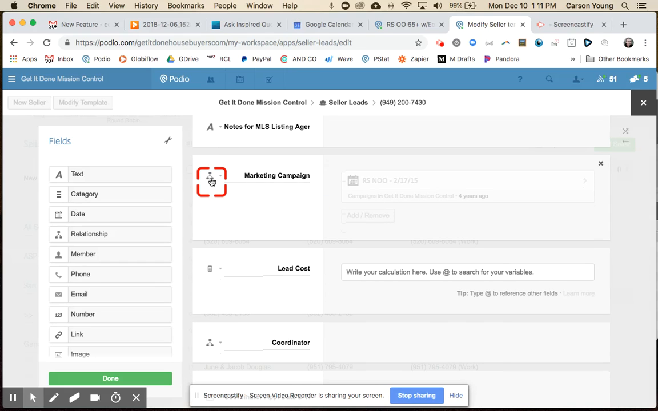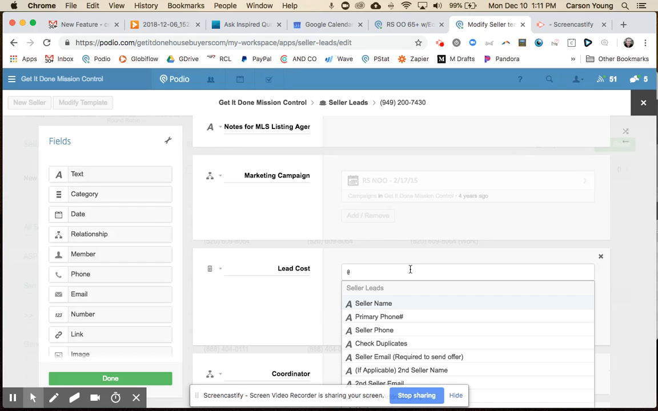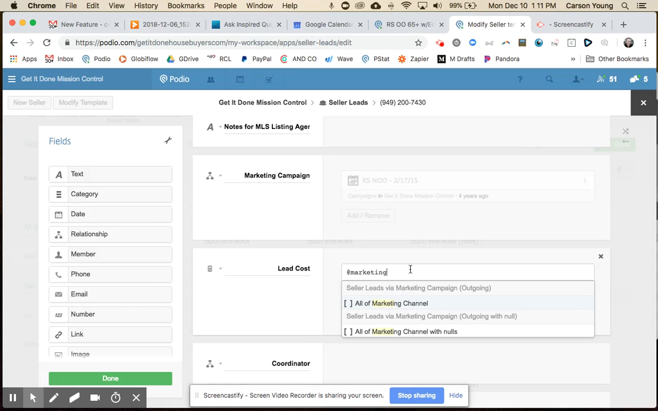anytime we have a relationship field where it kind of ties it up with something in another app in Podio, think of it like opening a portal to the information from that app. We can then come, like the calculation field you added here, you knew exactly correct. It's a lead cost calculation type field. What we're going to do is type at, and you can see, if I were to type at marketing campaign,